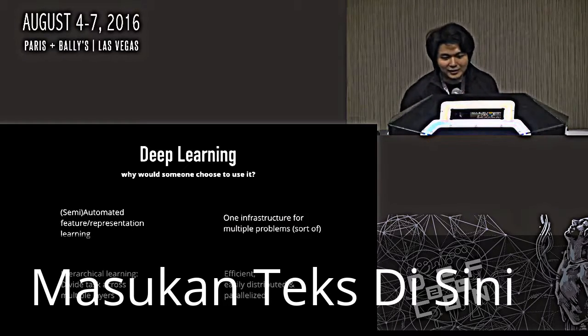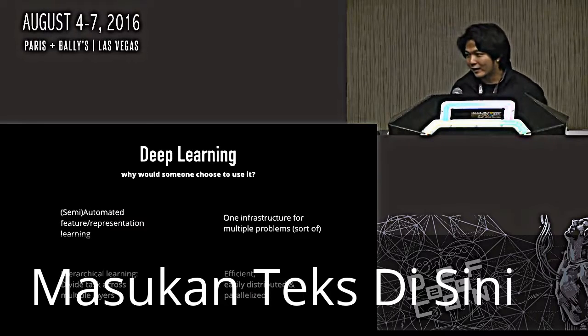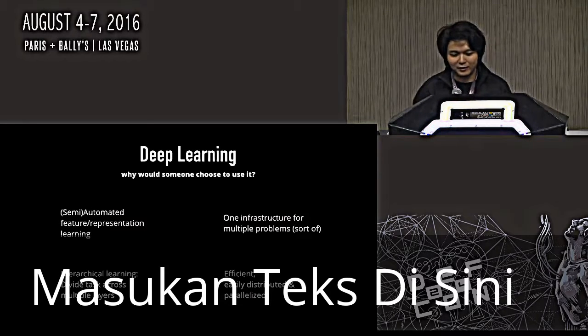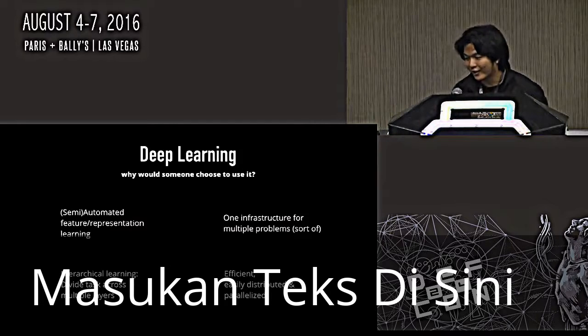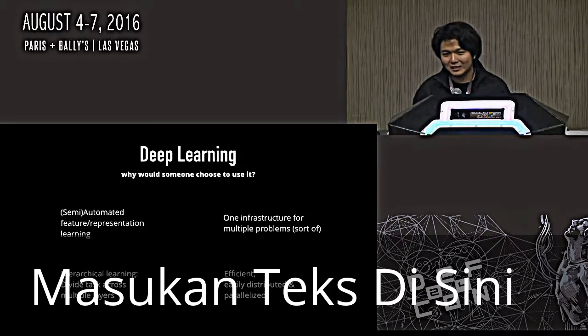The last 2 points are perhaps more relevant today, where there's so much data to deal with. Deep learning allows you to do hierarchical learning. So you can split up the task of learning across different layers, and we'll see an example of that later. For example, you have more shallow layers learning vastly different things from the deeper layers, and you can extract the outputs of each intermediate layer to exactly find the thing that you're looking for.